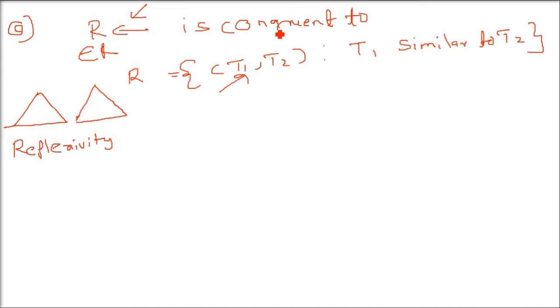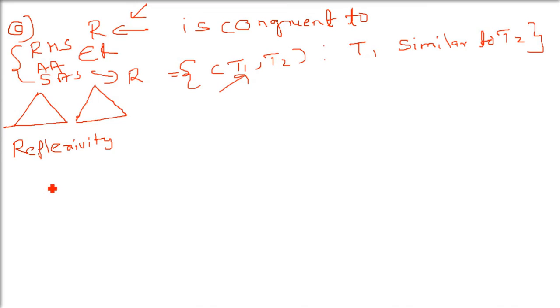So let us start with the reflexivity. Now congruent or similar, we are taking this as almost the same thing. Congruent is basically exactly the same, meaning if you put one triangle on another, it should superimpose. And similar means the size can change, but the shape should not change. There are RHS (right angle, hypotenuse, side), ASA, SAS, so there are many ways to prove that triangles are similar and congruent. We are not going into that. Just assume that the two triangles should look the same.